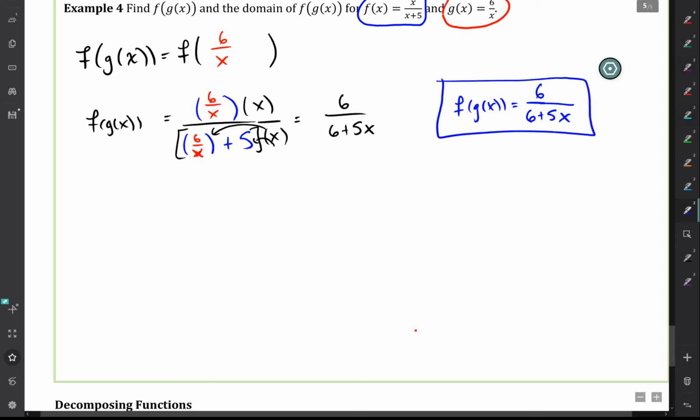And now to find its domain, we need to set the denominator equal to 0 and solve. So 6 plus 5x cannot be equal to 0, so that means that 5x cannot be equal to negative 6, so x cannot be negative 6/5. And so our domain,